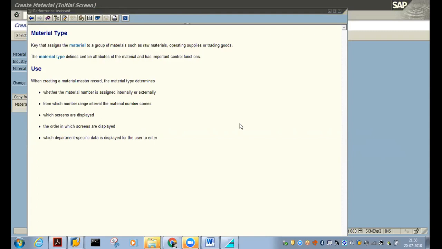It was taking by itself. Here the material type controls whether the material number has to be assigned internally or externally. The configuration done for this material type SROH is that the number will be assigned internally. That is why it is getting generated. Are you able to understand?